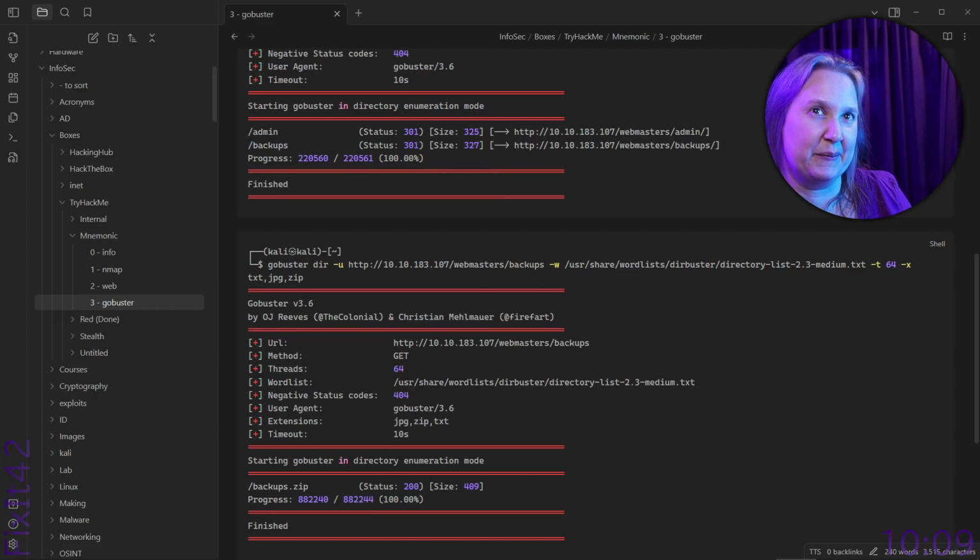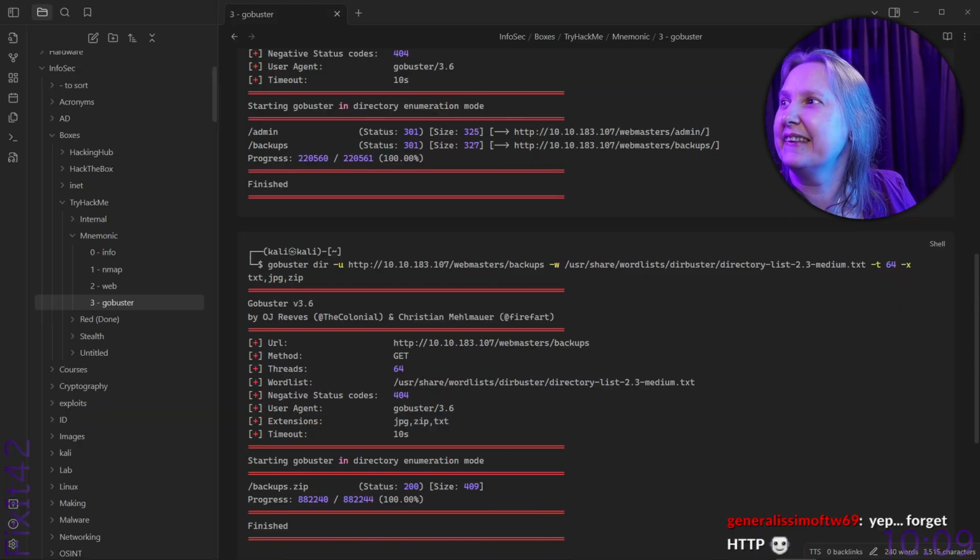Sometimes I rename the tabs and sometimes I don't. Now I kind of wish I did, because I click them and like, oh, which tab am I even on? Yeah. Forget HTTP smile. Yeah, we've found the file. I know. I just want to make sure that I have everything in my notes.